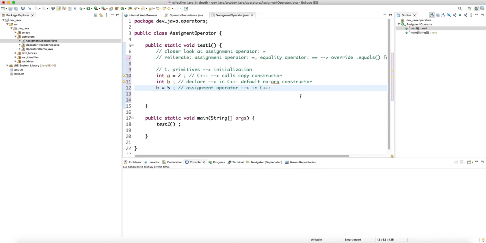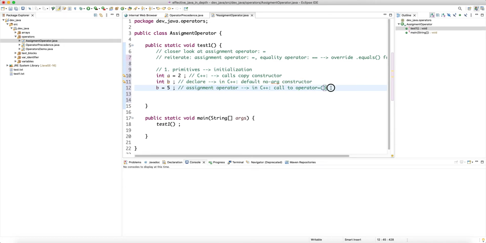It actually calls the assignment operator. So this is a call to the operator equal method, right? And it takes some parameter, and I'll show you an example. But for now I just want you to understand what's going on with classes. What is the difference between initialization, and what is the difference between actually using the